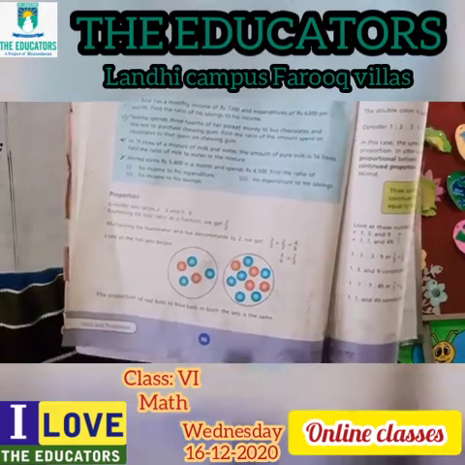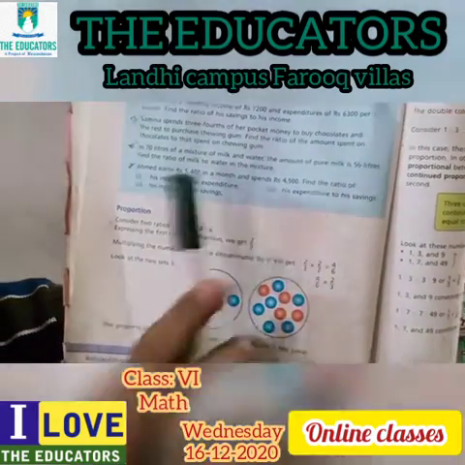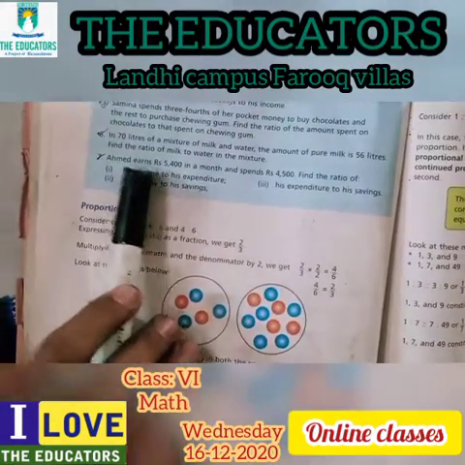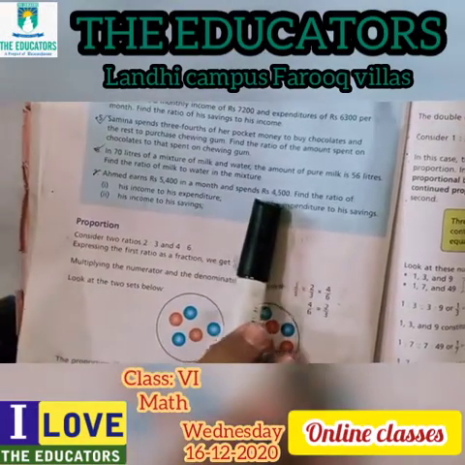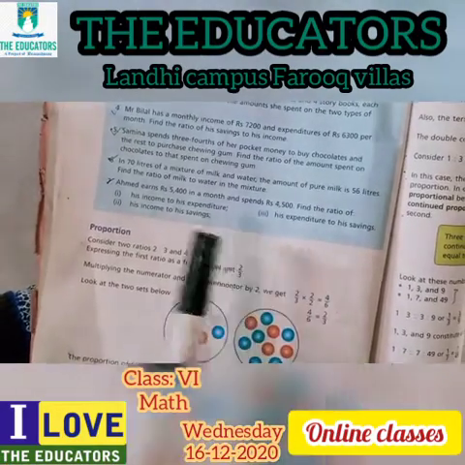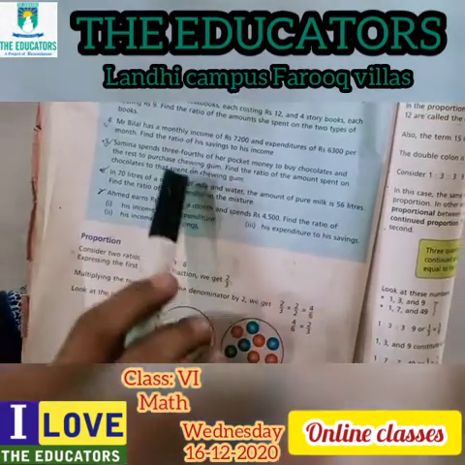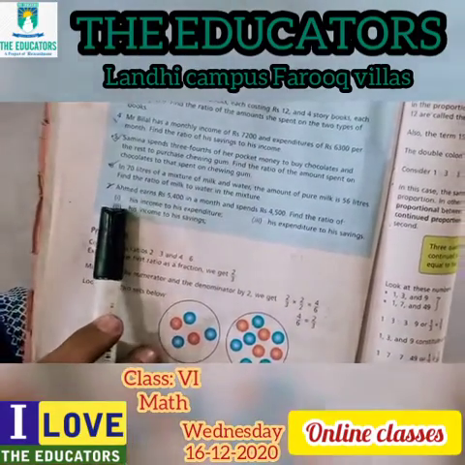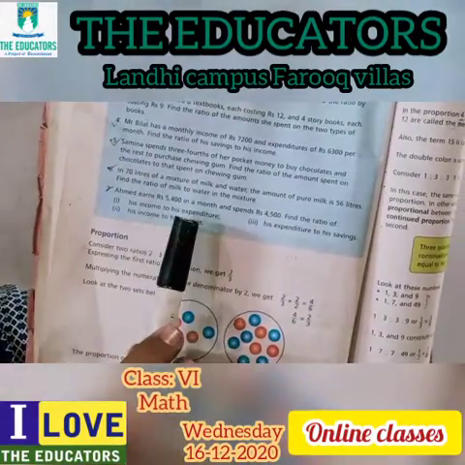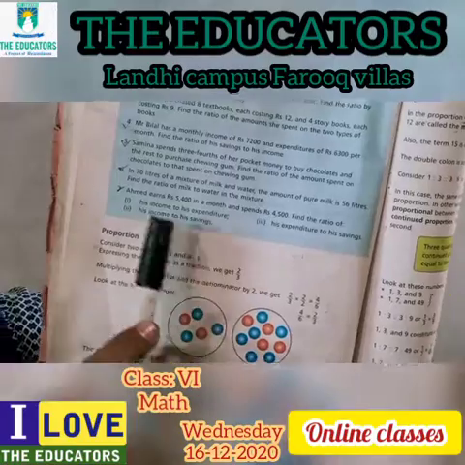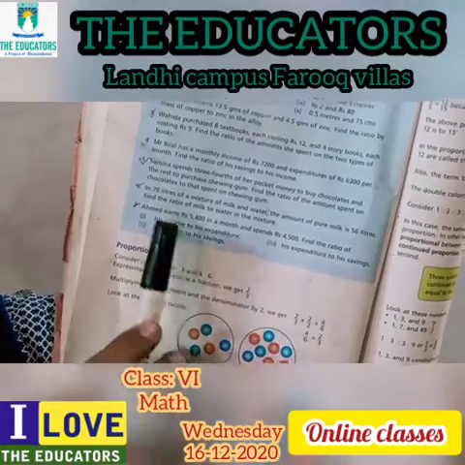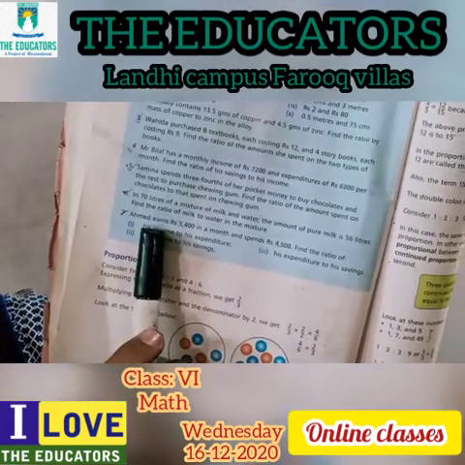So that is our answer for the milk to water ratio. I have solved up to question number 6 for you. Now if you look at question number 7, these are the questions which I have explained earlier. They simply ask: Ahmad earns 5,400 in a month and spends 4,500. Find the ratio of his income to expenditure. You are now familiar with these things, so you may solve question number 7 by yourself. First you have to find their savings, and then you have to find the respective ratios. It's your homework to attempt all 3 parts of question number 7 by yourself using today's lecture.